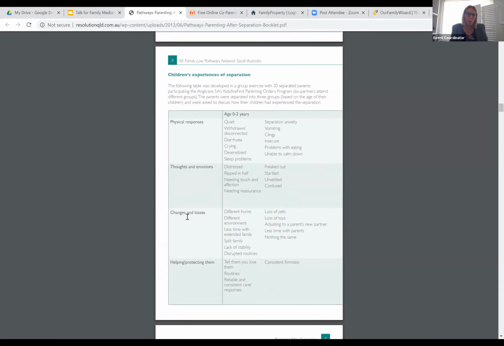So it's important to look at not just what the standard is, but what's your children's particular age, emotional responses, physical responses, what's the changes in any behaviours, how can you help and protect your child at their particular age.